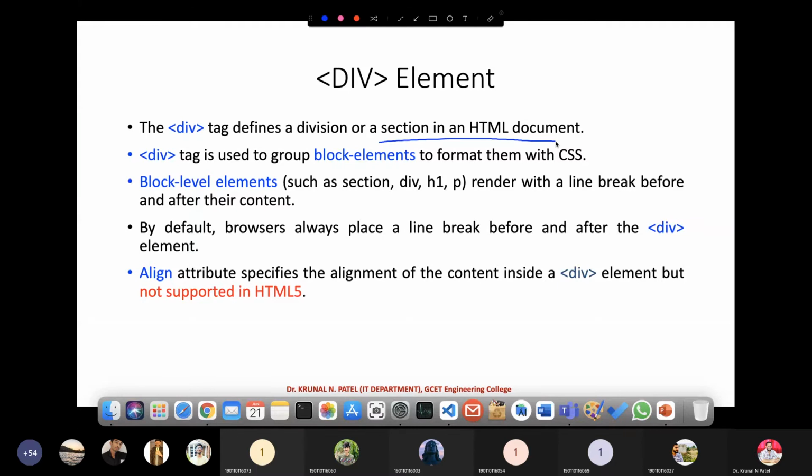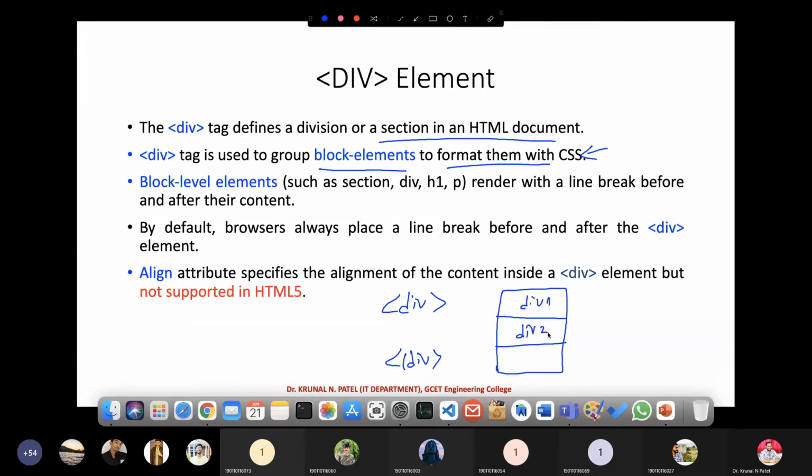The division tag is used to group block elements to format them with CSS. Normally we use the division tag to make section divisions of our page. Suppose, for example, this is my web page, and I want to divide it into 3 sections: 1, 2, and 3. This is my first division.